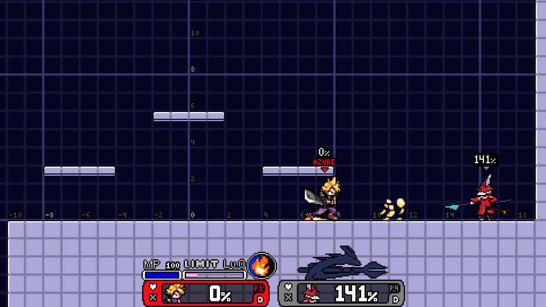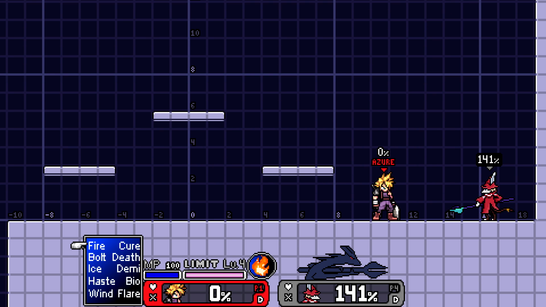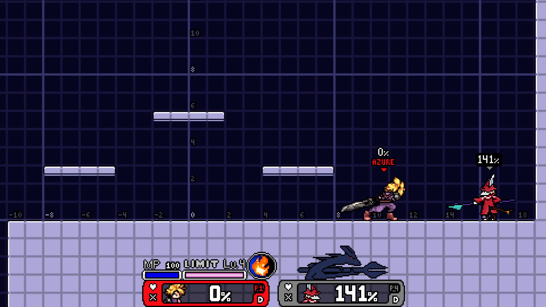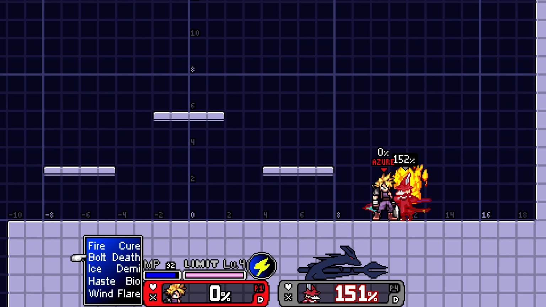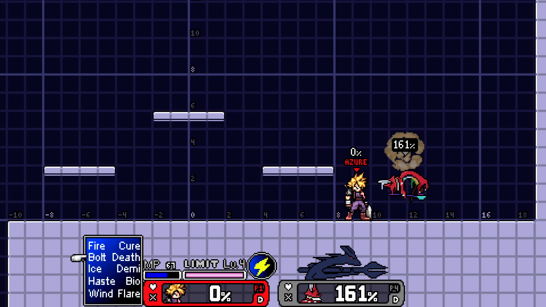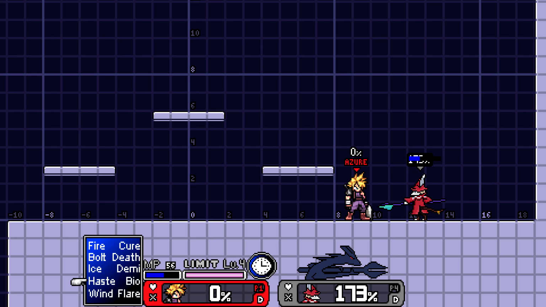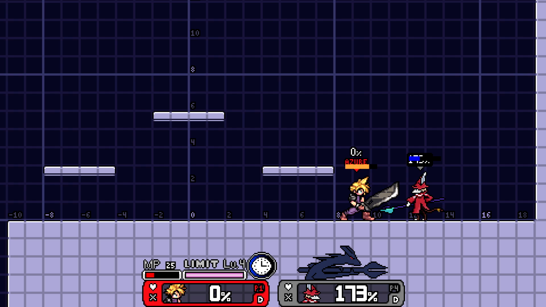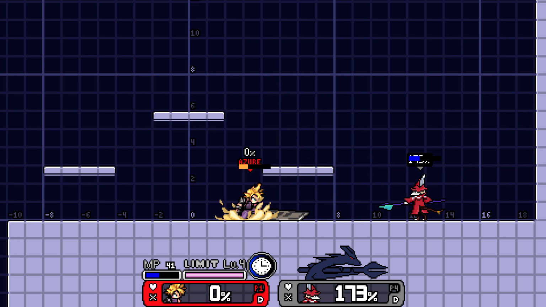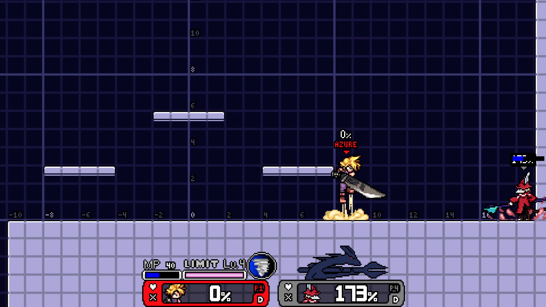But what makes Cloud really special here, ironically enough, is this. Yes, that's right. Cloud has a wide variety of different magical spells to choose from and utilize in combat, as we have previously gone over his fire spell. Next up, his bolt, his ice spell, haste, wind,